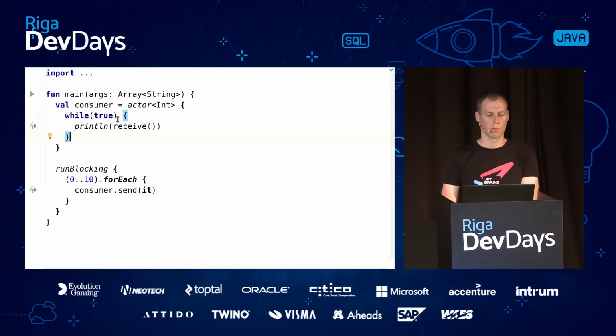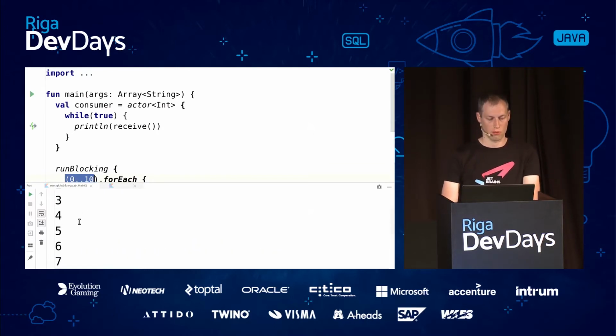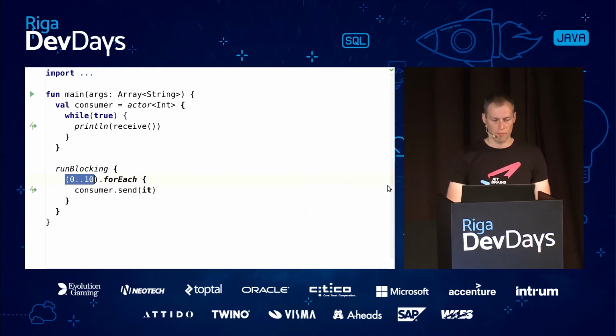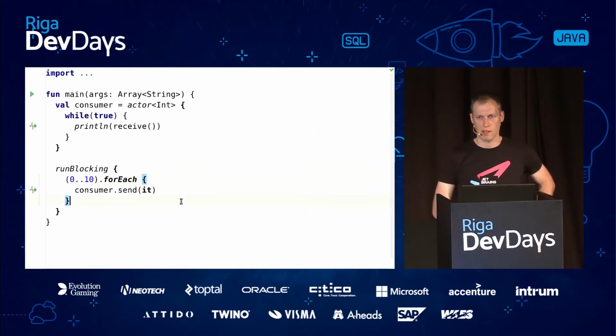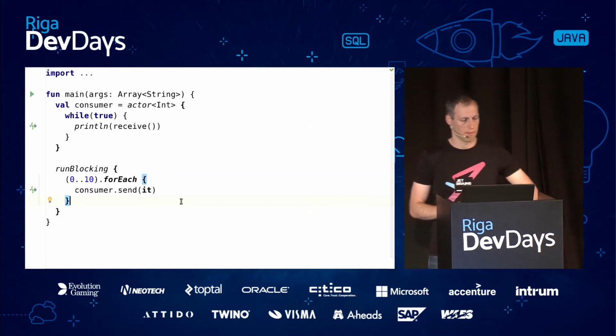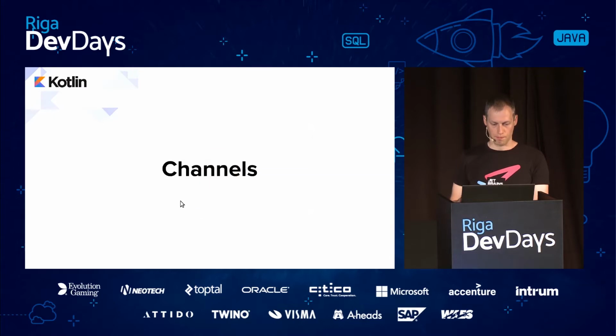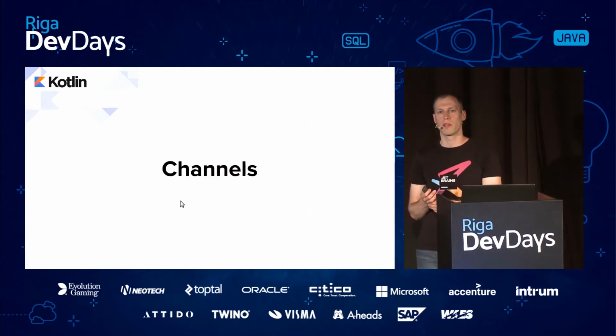In an infinite loop, it receives values from the channel, and here we send values from 0 to 10 into this channel. So here it was without a delay. And we haven't seen an exception here because we exited earlier. And okay, that's it. So with the only language features of suspending functions and a bunch of library functions